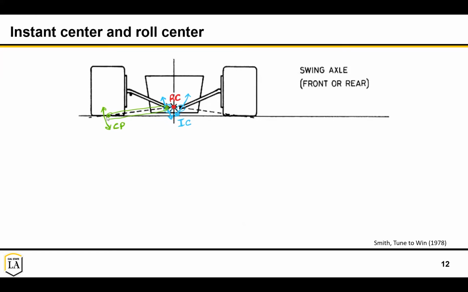And so CP stands for contact patch. So this point can swing about this arm here. And because it's swinging about this point, we call this point the instant center. And so if you think about these wheels being stationary and this having your center part of your vehicle, which